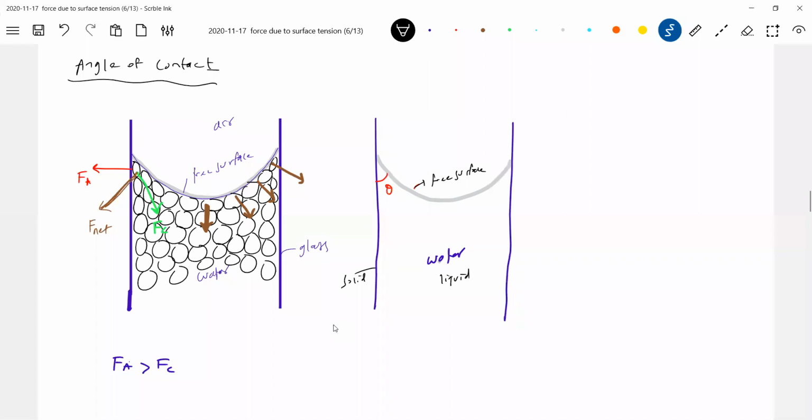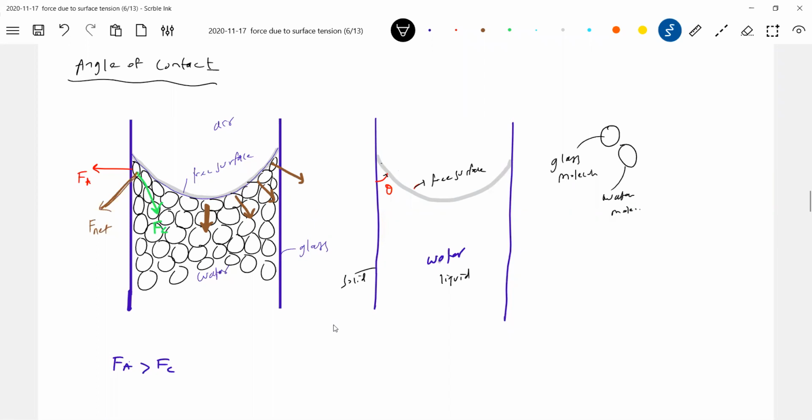And how do we measure the angle of contact? From the solid here. And how will the force due to surface tension act, anybody? The force by the liquid on the glass will be downward. The force by the glass on the free surface will be upward, because of the pull force, no? If there's a glass molecule, and there's a water molecule, here we are taking this one.